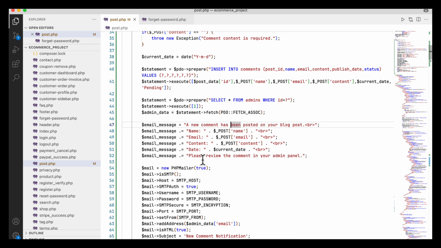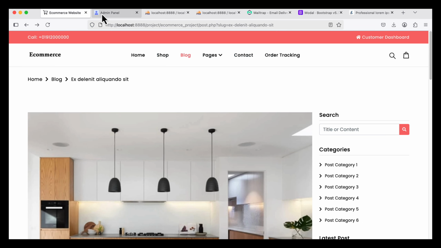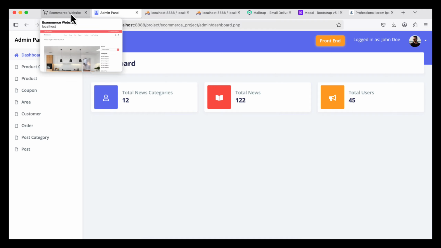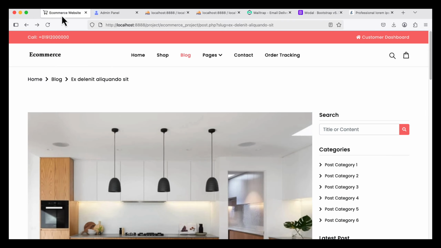So this is the thing. Here you can add an extra beer if you want, that is okay. And here if you want, you can add an I, and here you can add. So it is okay. Now I am going to check in here. You see both the comments are pending. So when any comment is pending, admin should approve that comment first, otherwise the comment will not be shown